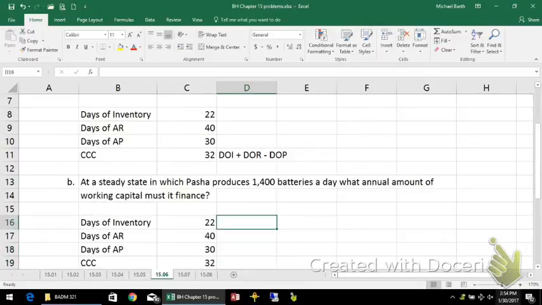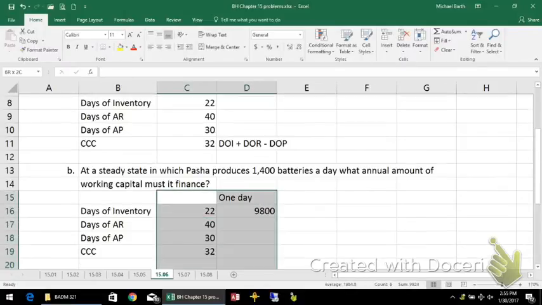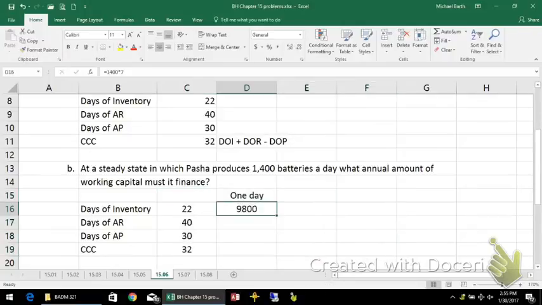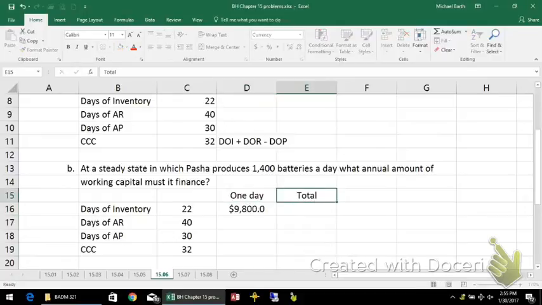so it takes 22 days they sit in inventory, and the inventory, 1,400 batteries a day times $7 means that each day produces a cost of $9,800. And make this into a currency, and I don't want to show pennies, so that's one day. So the total in inventory is 22 days at $9,800 a day,